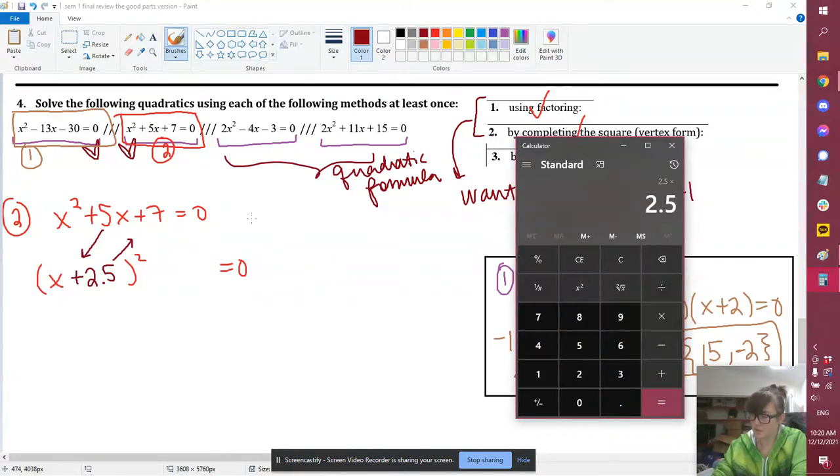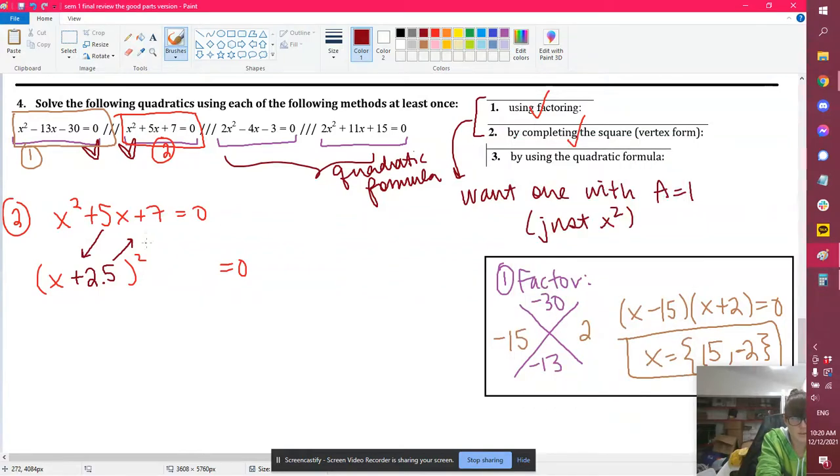2.5 times 2.5. You get 6.25. I subtract this number, I get 0.75. And now I've got my vertex form. I still need to solve. To solve this, I'm going to subtract 0.75 from both sides,